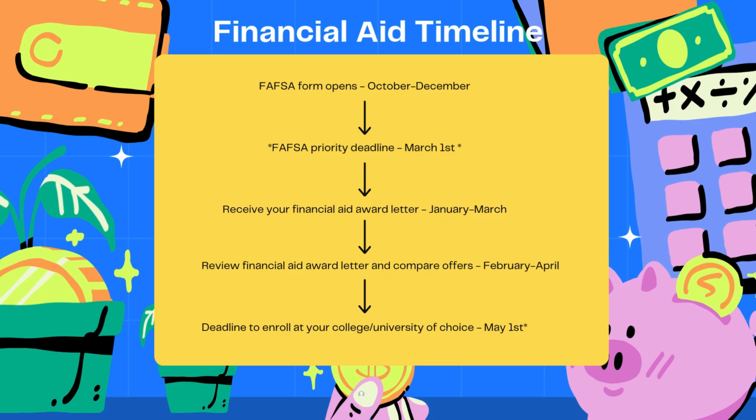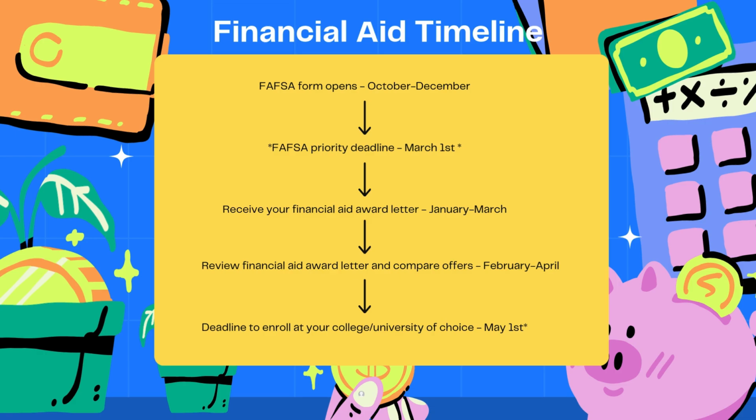Our next step here, we see that the priority deadline for the FAFSA is typically March 1st. That's very important to keep in mind. If you're able to complete your FAFSA before this day, it can potentially expand your aid offers, and it also makes sure that your colleges can send you your financial aid award letters in time. So once you have submitted your FAFSA, sometime between January and March, and this depends on which application deadline you have applied to for each college,